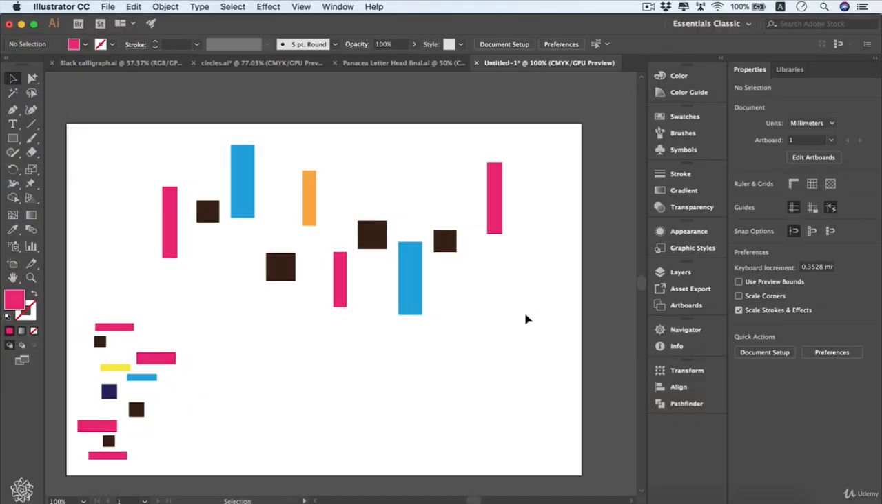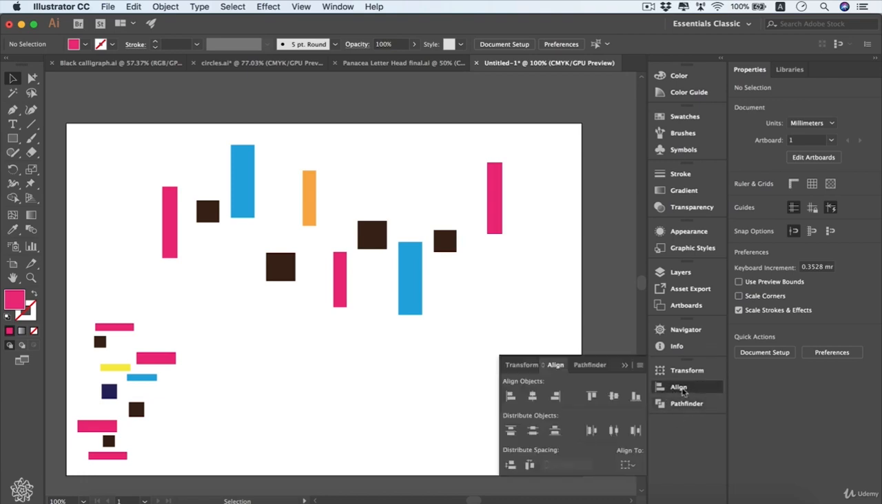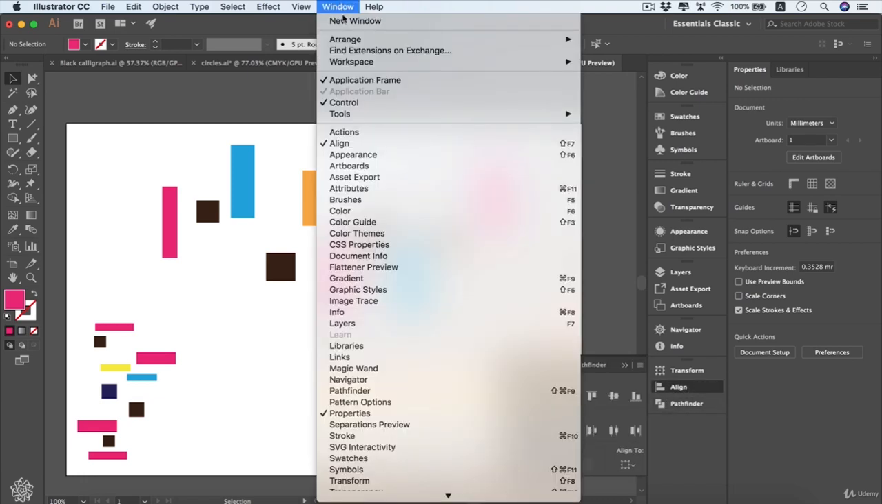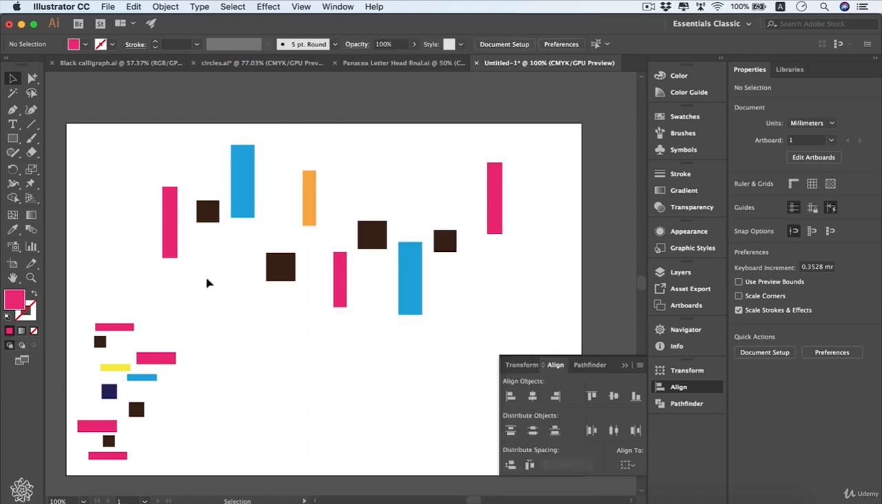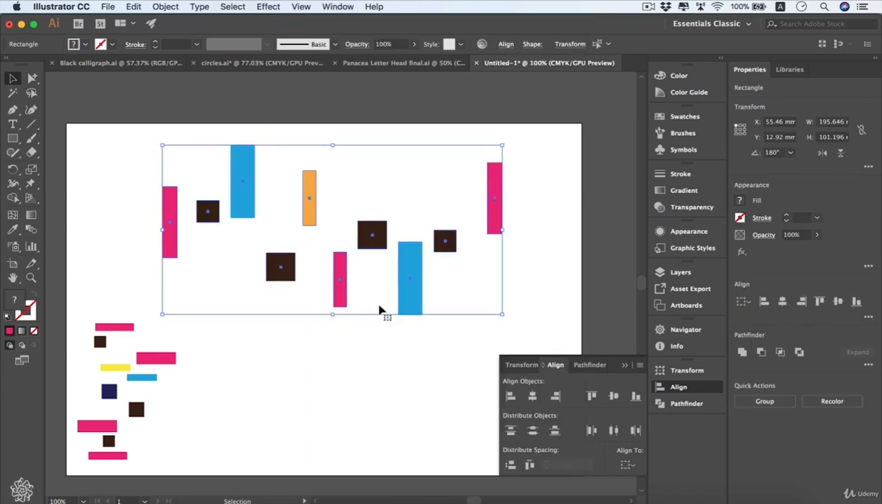In this video, we're going to be learning how to align these elements and how to distribute the spaces between these elements through our Align panel from here. And if you don't see it in here, you can open it from Window and choose Align. So now we've got these design elements and we need to select them and align them